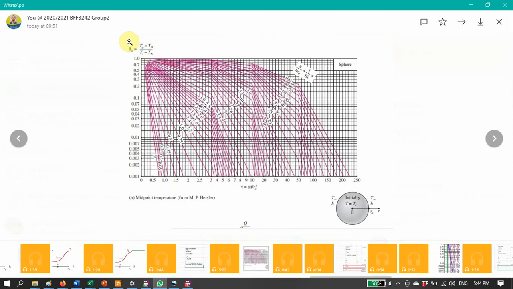So what you see just now is a figure at the right bottom. This is a two-dimensional representation of a sphere, right? So in the test, if I ask you two-dimensional, this is the drawing that you should produce. So from this figure, we need to find the center temperature.